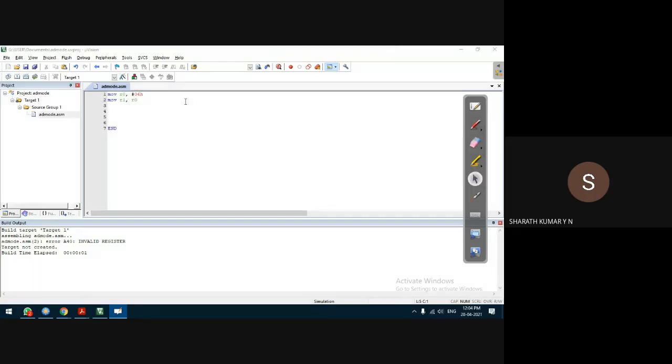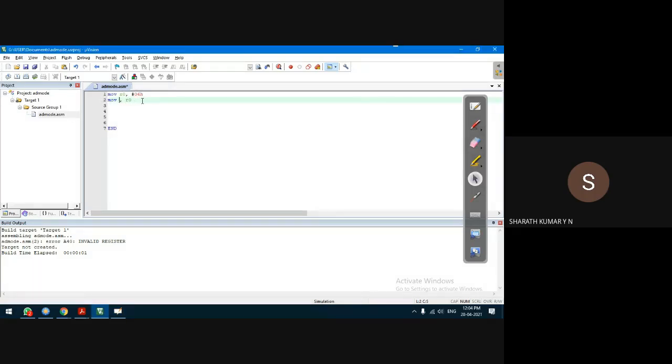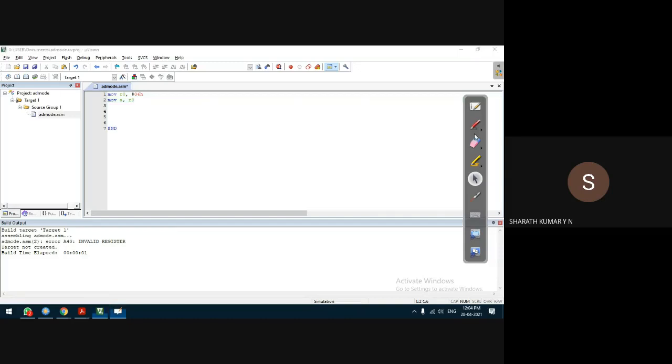So let us modify the program. I'll take this as the accumulator, because I want to transfer the content of register R0 into the accumulator. Let us run this program. Save this, just as I explained. Each time you change the source code, you have to save the file. Make that a habit, guys.